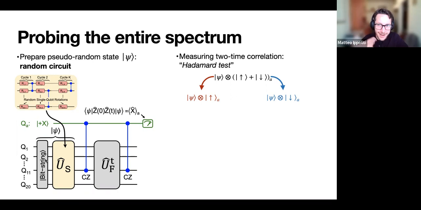And in parallel, we scramble our quantum state here, prepare some state psi. And both before and after our time crystal dynamics, we couple the ancilla to the system with a controlled Z gate. And at the end, we measure the ancilla in the X basis. So now I'm going to go step by step on what this does and why this returns precisely the quantity we want.